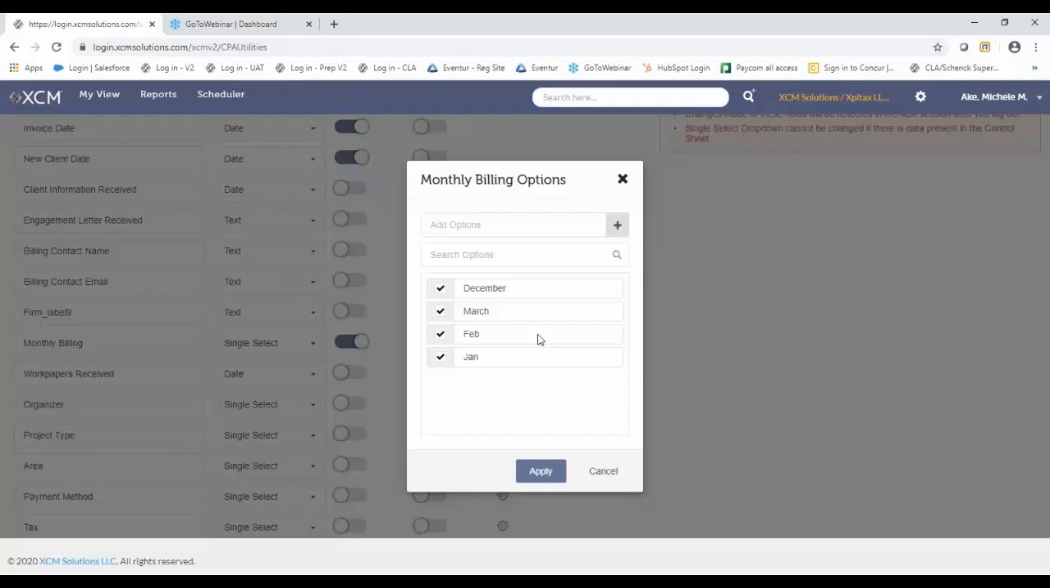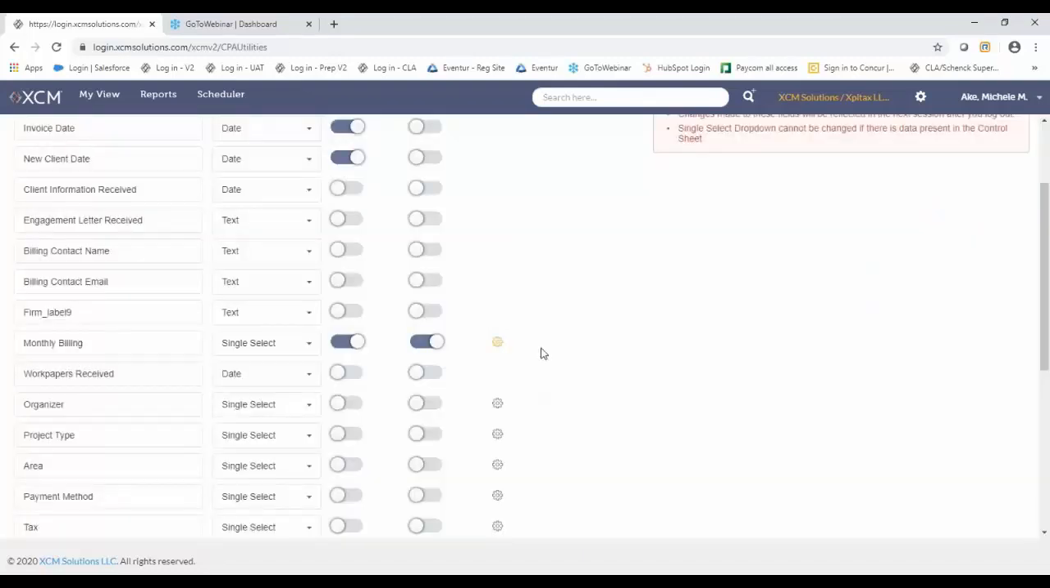So when I click on the monthly billing in the routing sheet, it will give me these four monthly choices that I can select and put into that field on the routing sheet. So I can add additional months if I want to do that. And I can hit apply. And once I log out and log back in again, that new field will be added to the drop down